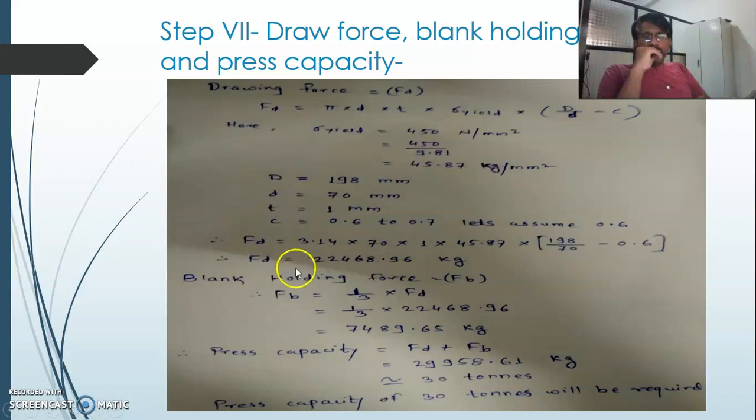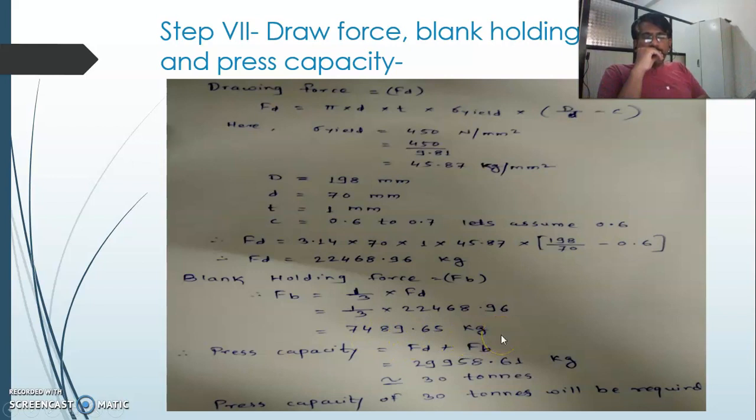By keeping this value we get the drawing force as 22,468.96 kg. That means 22.46 ton capacity will be required for the drawing operation. But the drawing force alone is not important. The blank holding force is also required, which will again be provided by the press, and whose value is 1/3 of the draw force. By thumb rule 1/3 of the draw force is considered, and 1/3 of 22,468.96 becomes